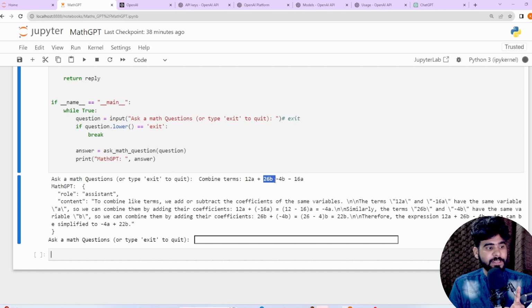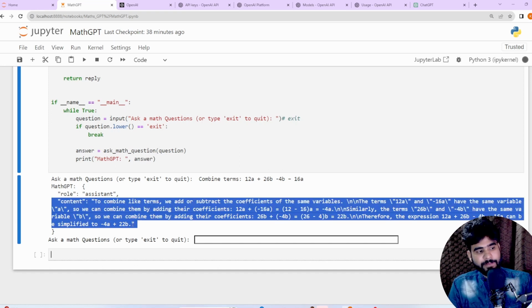So 26b plus, and here we have the minus in a bracket, and the plus variable that we have. Now at the end, the output that we are getting is 22b, and 12a plus 26b minus 4b minus 16a can be simplified to minus 4a plus 22b. So this is the output that we are getting.